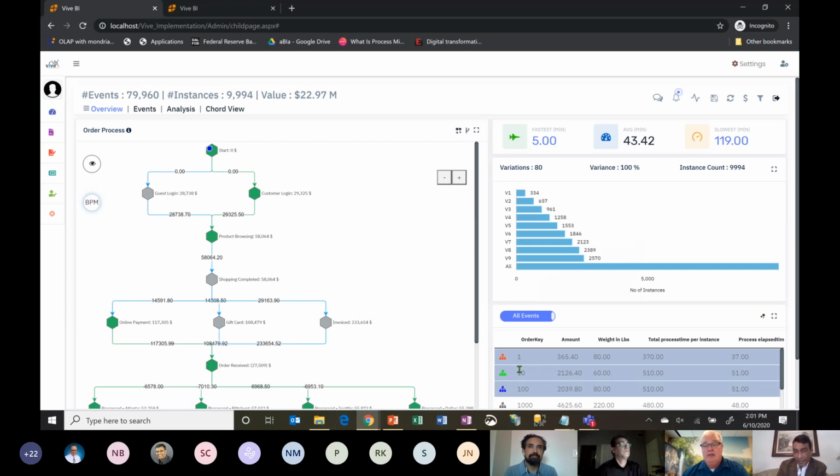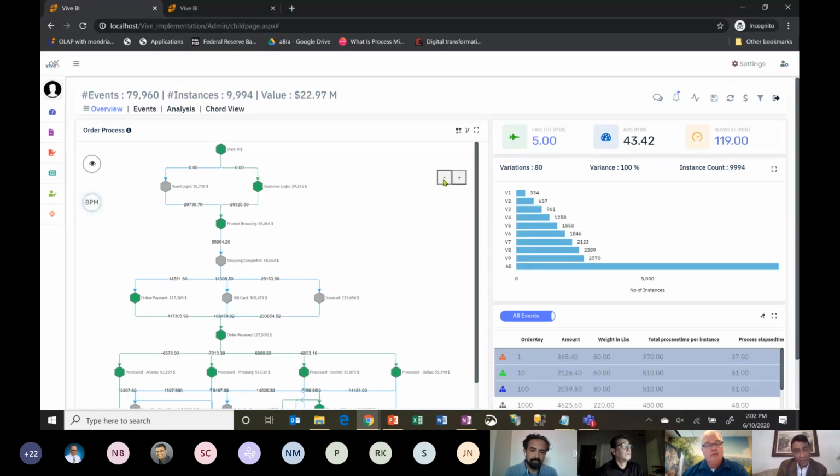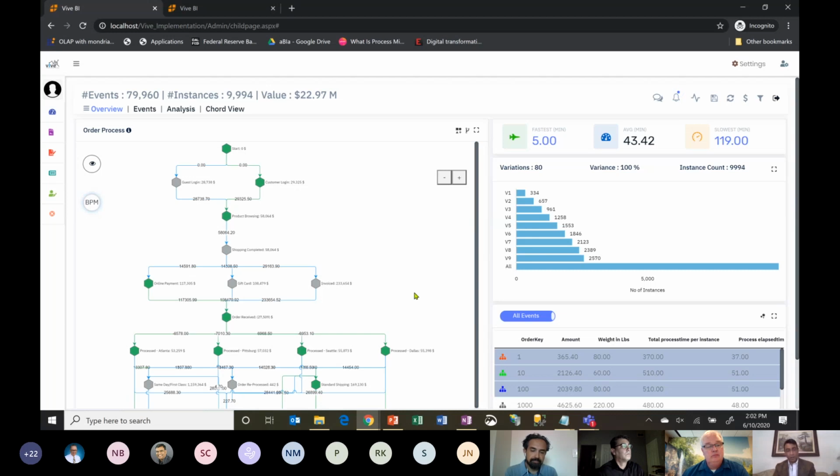What it does is, I selected 3 orders. I just want to compare the red one and order number 1 and 10, and how they are following. This way you can have an apples-to-apples comparison to find out a pattern, or apples to oranges if needed, to find out what is different in my failed orders. Is there somebody who was supposed to approve and didn't approve, or what happened? Is there a particular